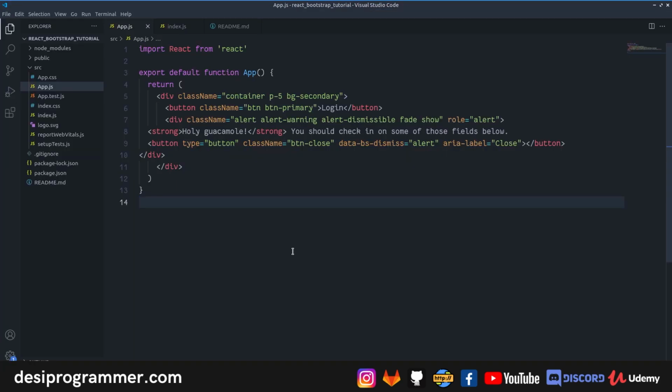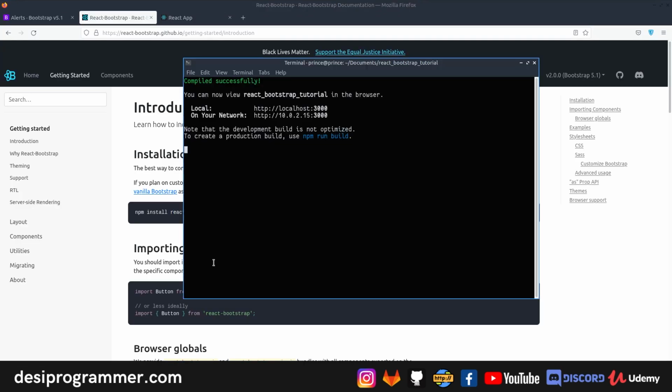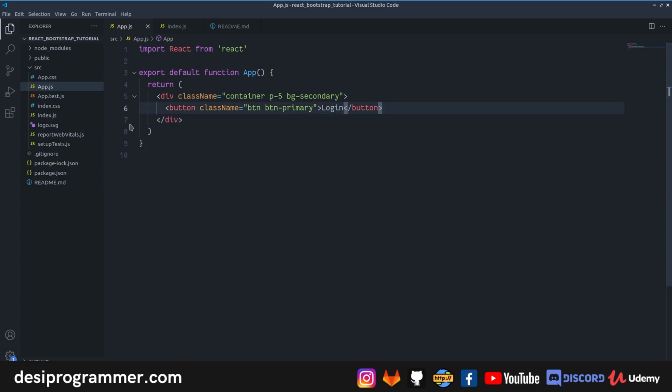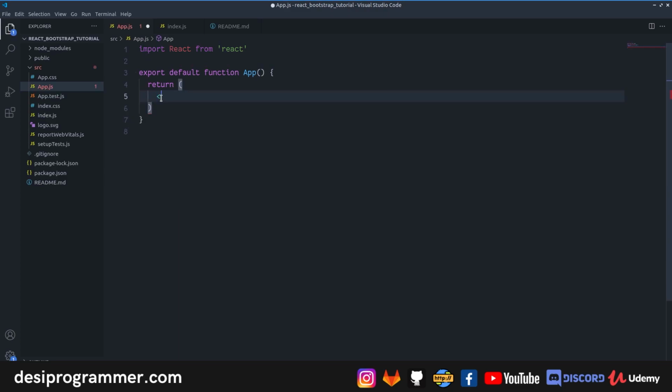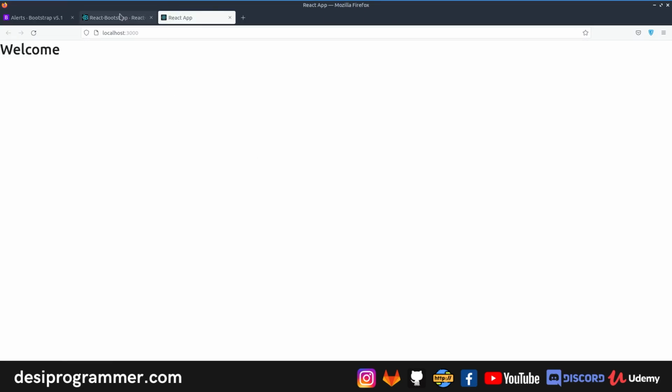Although you can simply introduce your own function here, which can have its own state and then close it and so on, there are libraries that people actually use for this, so I really don't want to do that here. So let's see how we can use that. I'm going to remove everything from here. We have empty fragments, and let's say we just have an h1 tag that says welcome. Let's save this. Let's go back, and now we have a simple welcome here.